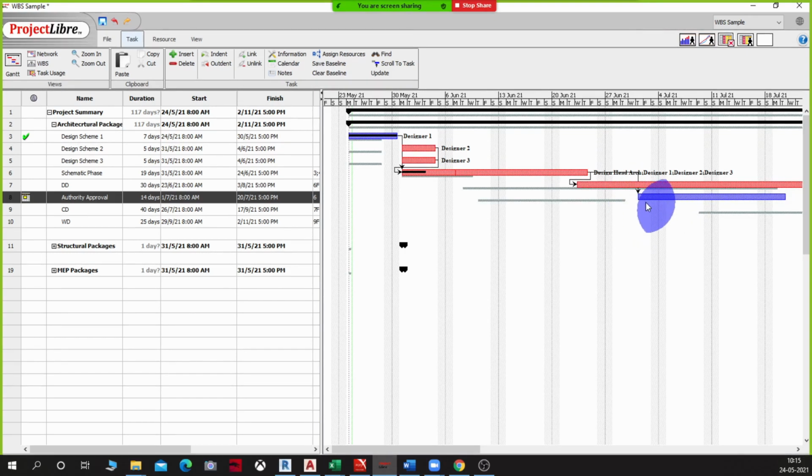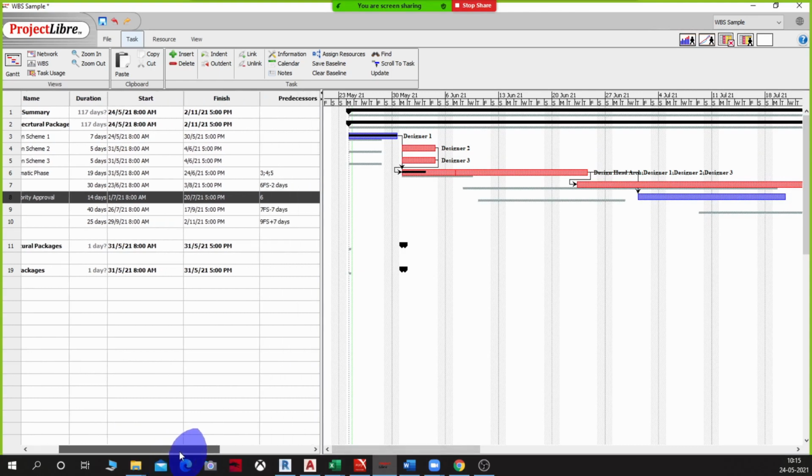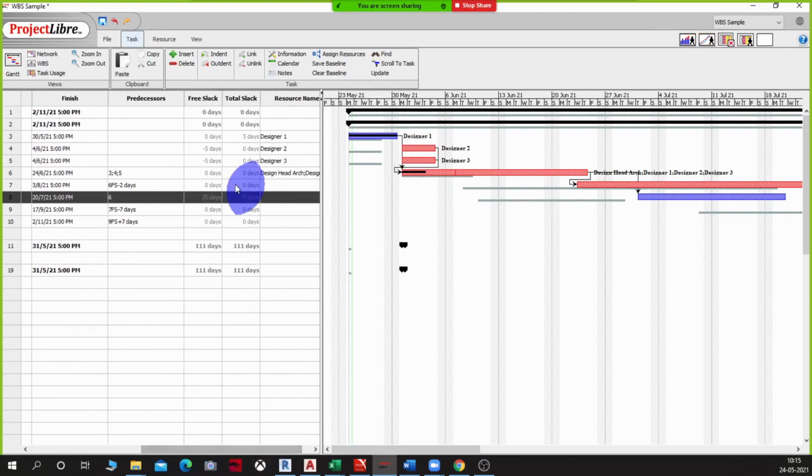So here this task is now moving to that date, and let's see what it does to the free slack and total slack. You see this, from 79 days he's lost those 4 days because of the conditional constraint we have, right? Is this interesting?